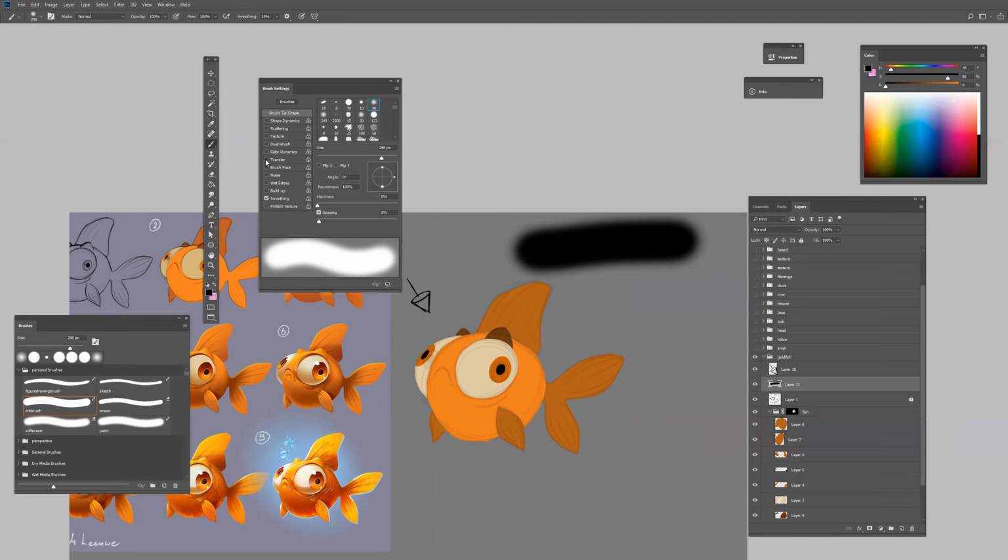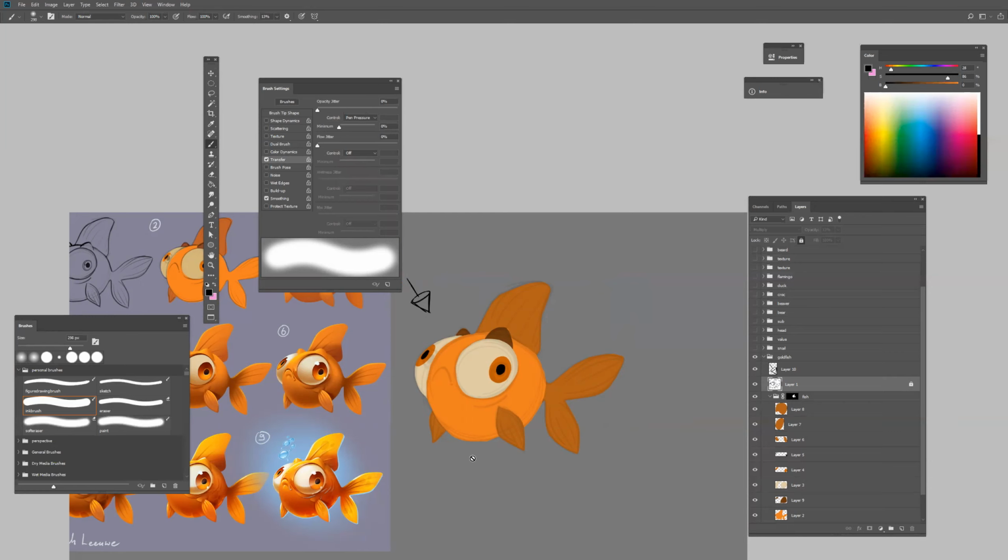But if I put it on transfer, you can get it from soft to hard, from transparent to non-transparent. So you want to have that for painting. So put the transfer on pen pressure,